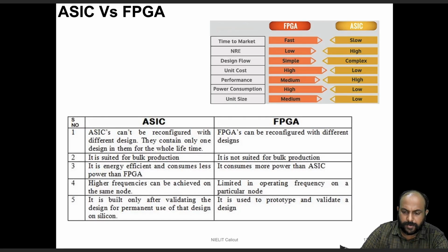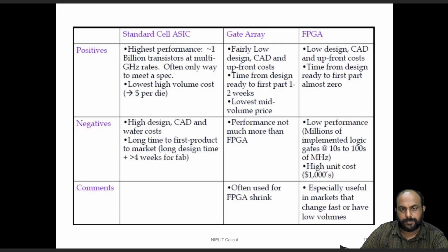Of course, FPGAs form part of many products now, but as the product matures, there would be a need for miniaturization, there would be a need to reduce the power, there would be a need to make the product deliver a higher performance. Then the ASIC is the only answer for that case. But an ASIC being a very costly product, it is built only after validating the design for permanent use. It's prototyped typically on FPGA, and the design is made to mature, and only once it is foolproof, it's taken for an ASIC tape out.